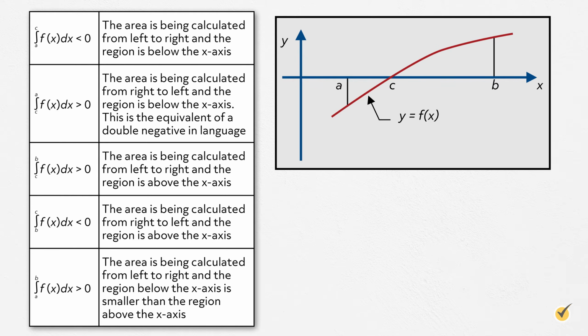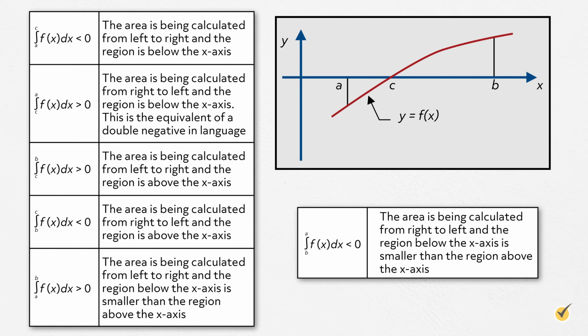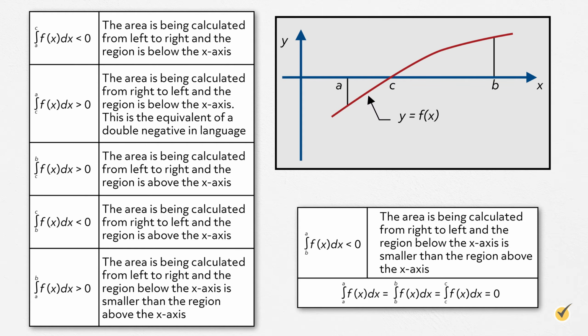The area is being calculated from left to right, and the region below the x-axis is smaller than the region above the x-axis. The integral from b to a of f of x dx is less than 0. The area is being calculated from right to left, and the region below the x-axis is smaller than the region above the x-axis. The integral from a to a of f of x dx is equal to the integral from